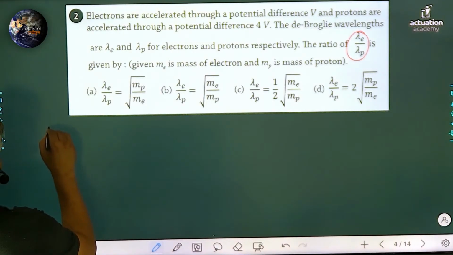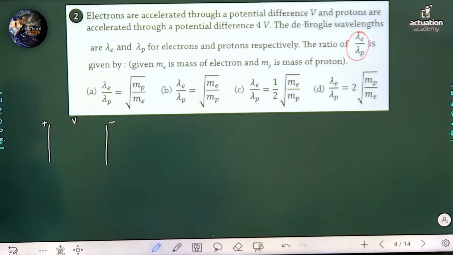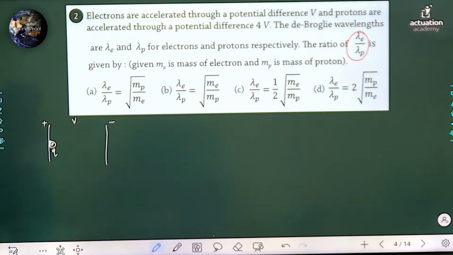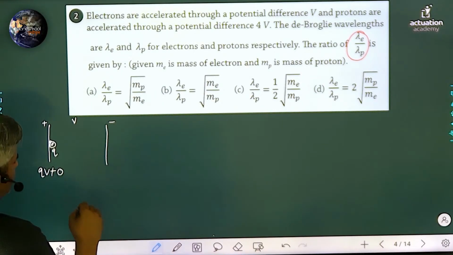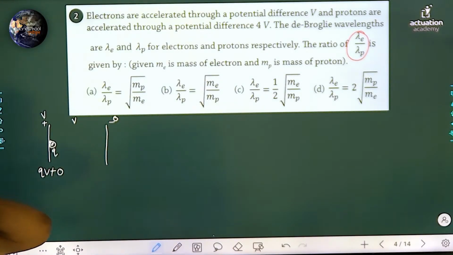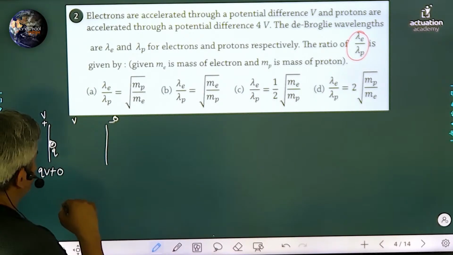So we simply write that, let's say we are creating a potential difference of V volt, and if we are accelerating a charge Q by this, then simply by using conservation of energy, the electrostatic potential energy can be written as QV plus kinetic energy is 0, and at this plate, if I assume potential here is V and potential here is 0, because the potential difference is V, then what we can write is QV plus 0 is equal to